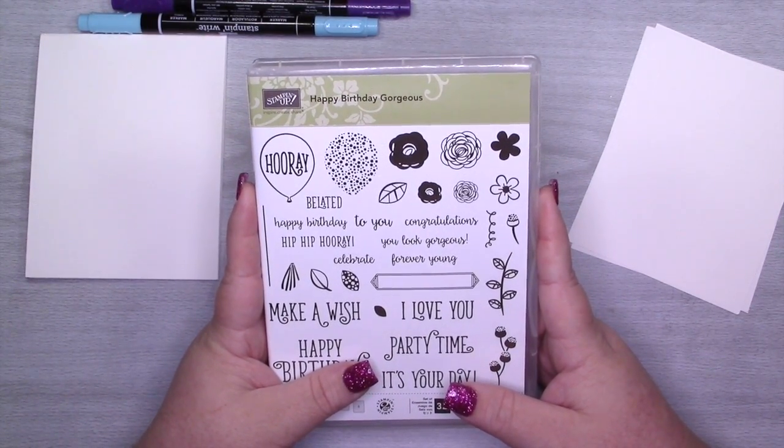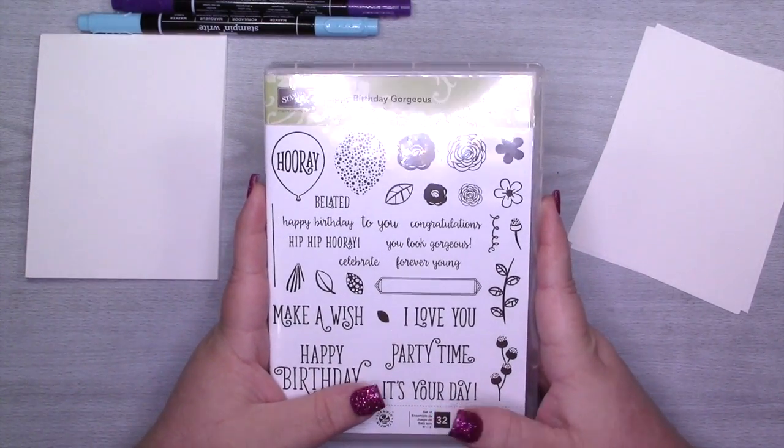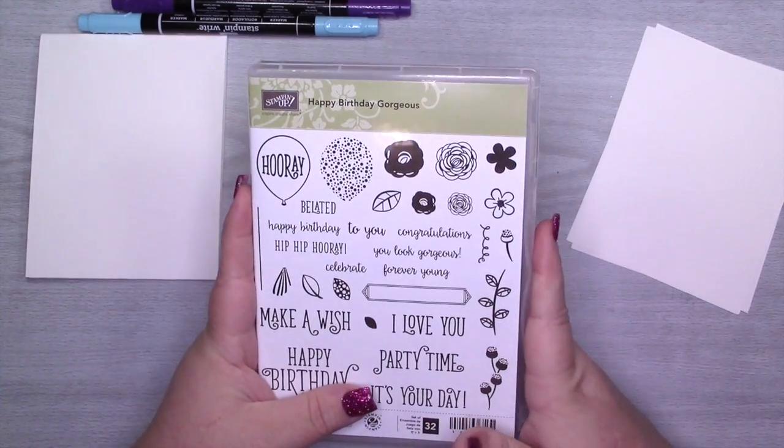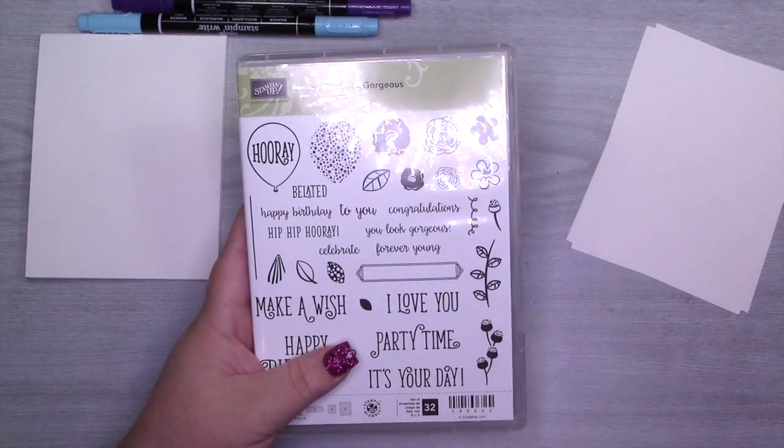I am focusing on the Happy Birthday Gorgeous stamp set along with the Happy Birthday Thin Lit die. So this is actually going to be August Jolly Mail. So not only are you going to get 4 or 5 projects this week, but you're also going to get